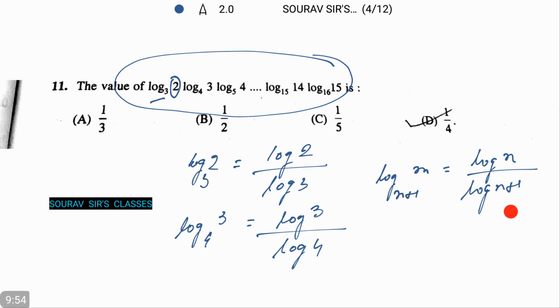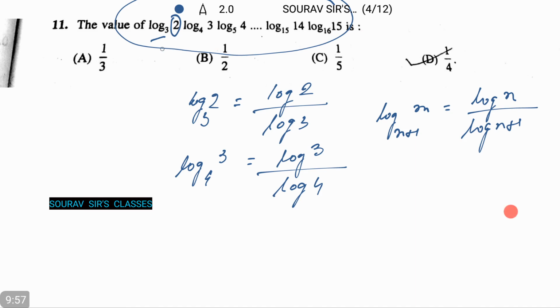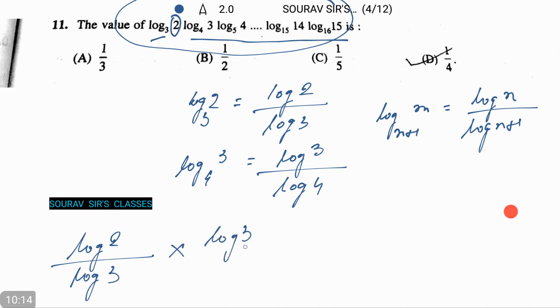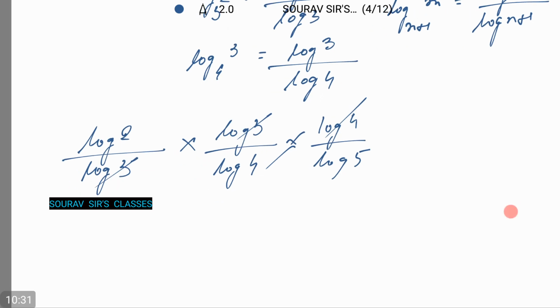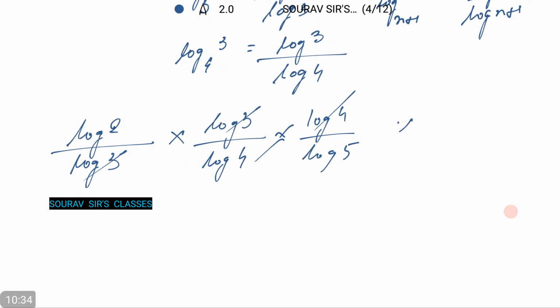Now if you have a sharp eye, you will note that since these are multiplied together, every other term just cancels out. How? Let me give you two examples and you will catch what I'm saying. Log 3 into log 3 by log 4, you'll note that these two cancel out, and again log 4 by log 5, these two cancel out. Similarly, eventually in the end, since every term cancels each other, we are left with